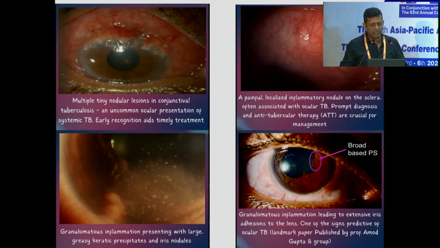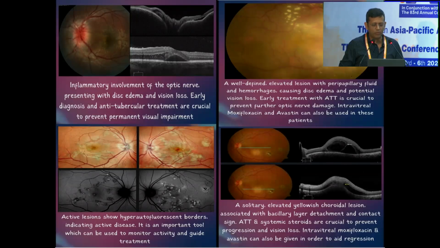If you see these multiple tiny nodular lesions in the conjunctiva or a painful localized inflammatory nodule on the sclera, the fleshy, greasy type of keratic precipitates with iris nodules, or as Dr. Amod Gupta and his group have clearly shown us, a broad-based posterior synechia, or if you have an inflammatory involvement of the optic nerve presenting as disc edema, a well-defined elevated lesion with peripapillary fluid and hemorrhages causing disc edema and vision loss, or if you see these subtle RPE level lesions which have hyper autofluorescent margins,